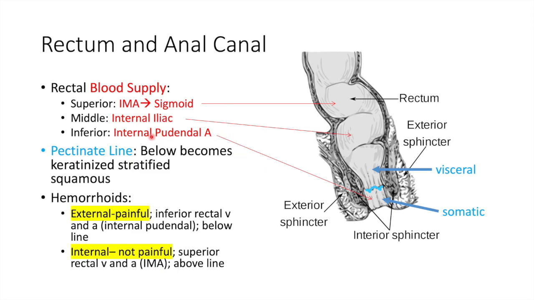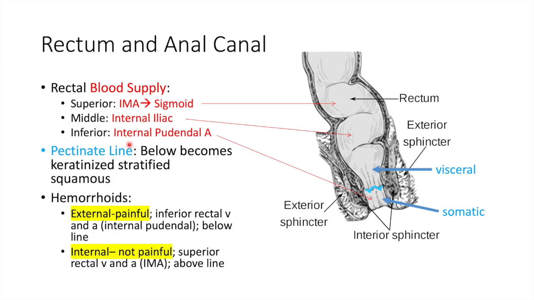And you're going to talk more about pudendal in the next block, but for completion's sake, that is what supplies the inferior rectal. So sigmoid is superior rectal, middle comes off of internal iliac, and then inferior comes off